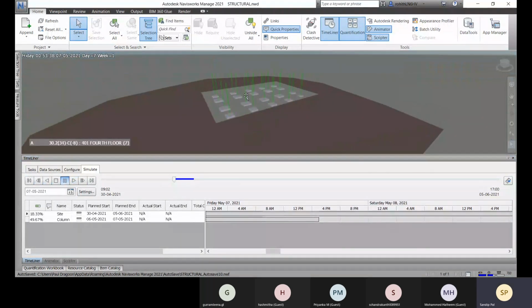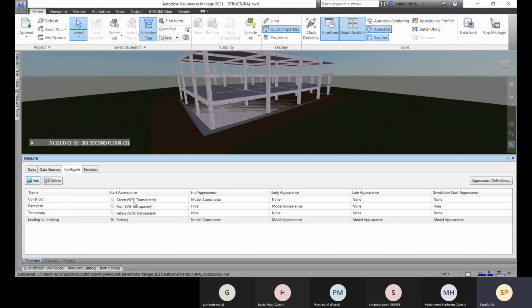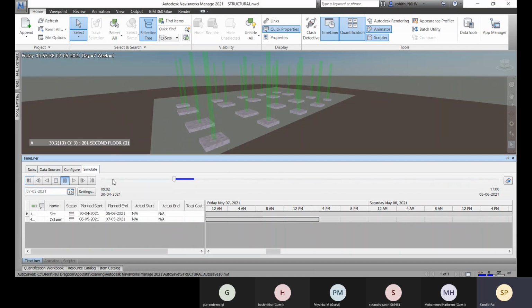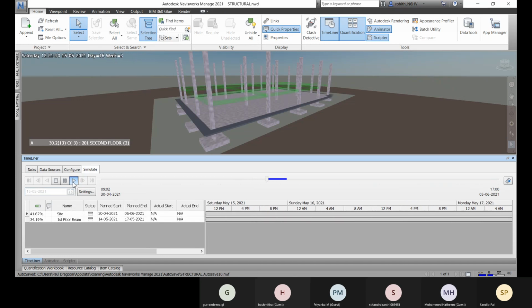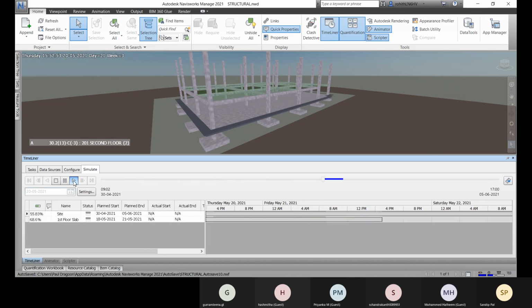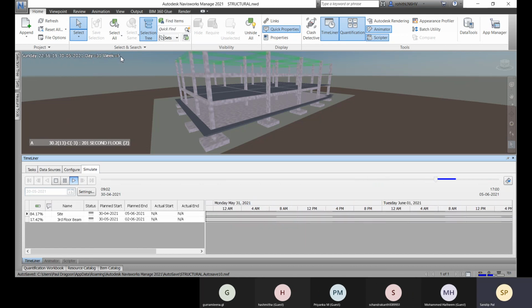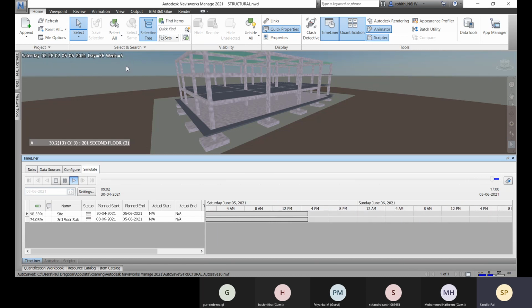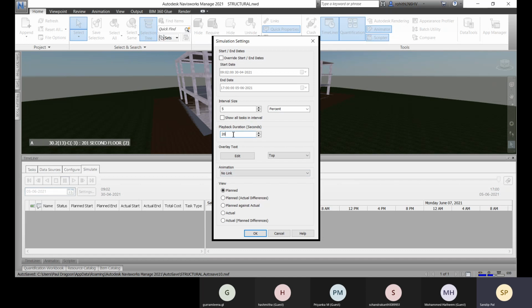And there you can see that it is coming in this green color, because this is the configuration for this construct. Okay, so let's play it. And there you can see as per the time, as per the date. And there you can add material cost as well, how much it cost. You can see it. Now you see that within a minute it is completed. You can change the playback time there. So here it is playback duration. So you can change the playback duration.